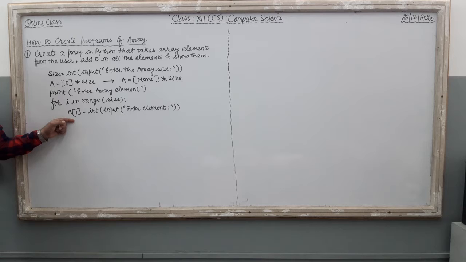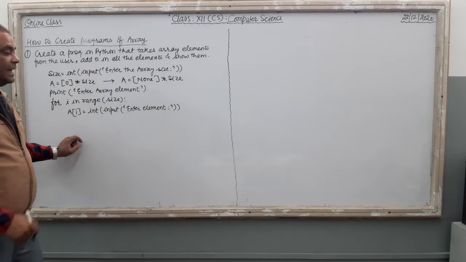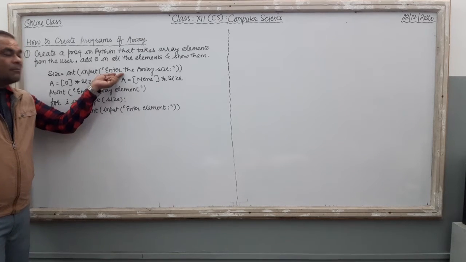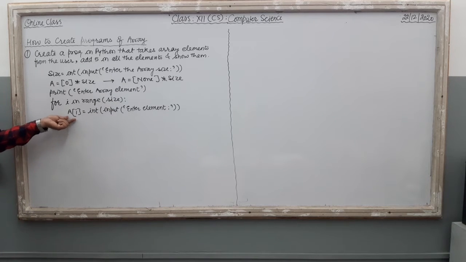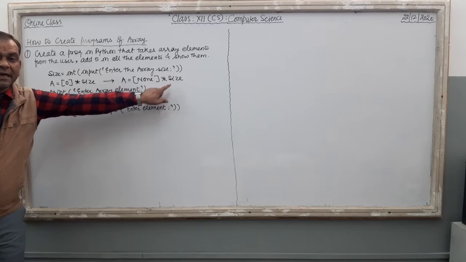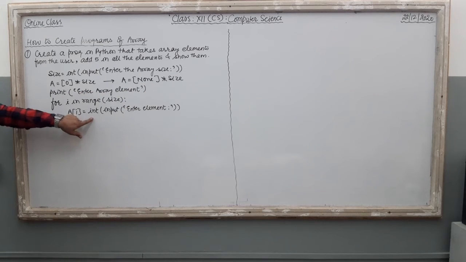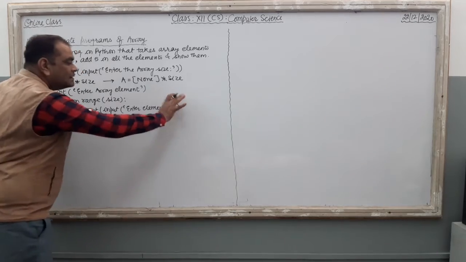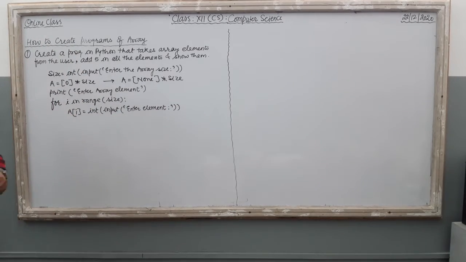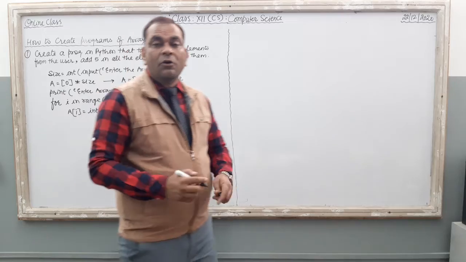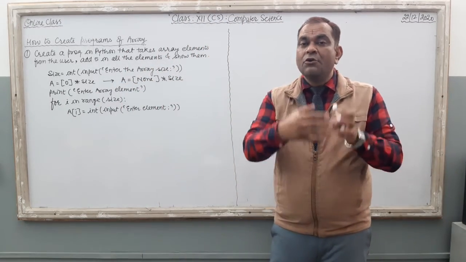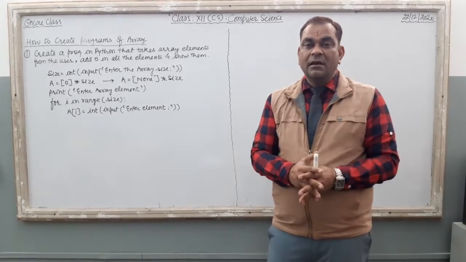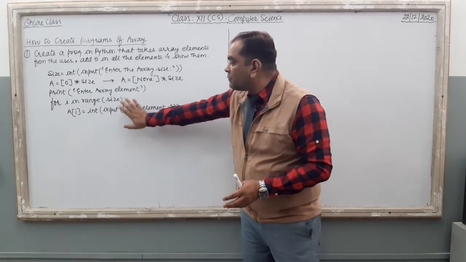When your computer executes the for loop completely, it will take this number of elements from the user, and then the computer is going to replace the default value 0 with the specific value given by the user. So the for loop is responsible for taking the input here. If you see the full program question, the very first task is to take input from the user in the array. So the first for loop is there.